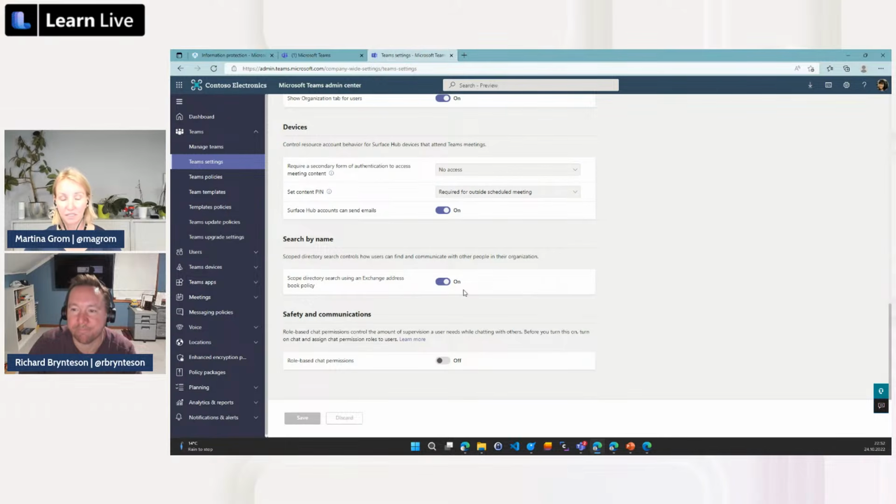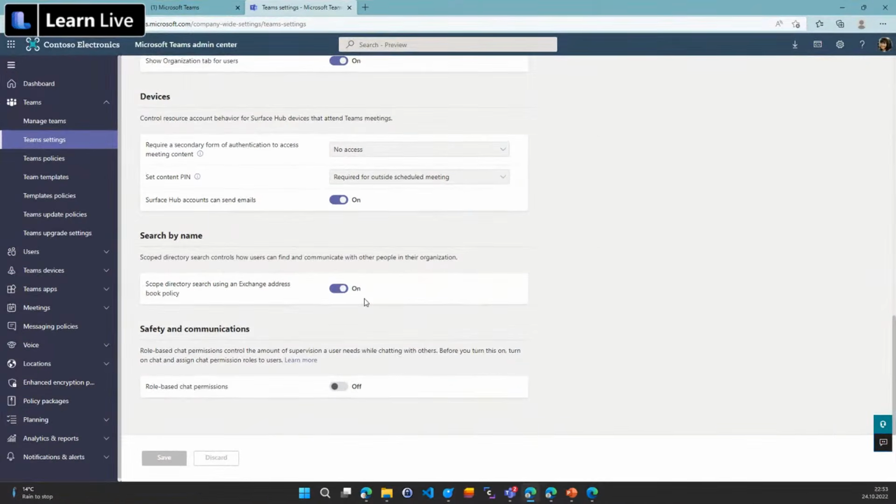This is the first setting you have to do before you start configuring your information barrier policies. And then, as I mentioned before, and as I will mention in the future, take your time, drink a coffee or a tea, and wait for at least 12 to 24 hours before you start configuring your information barrier policies.